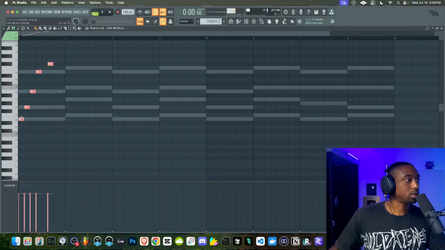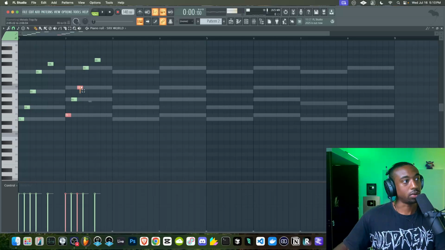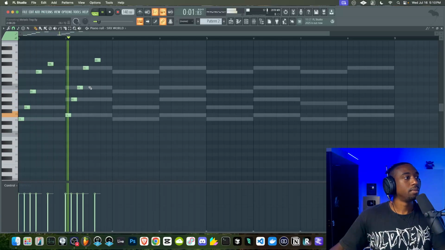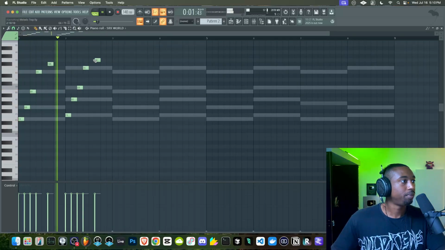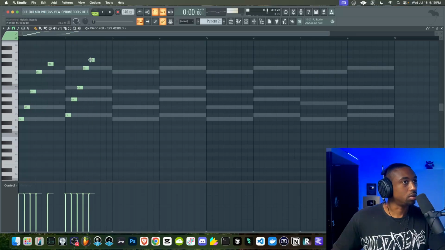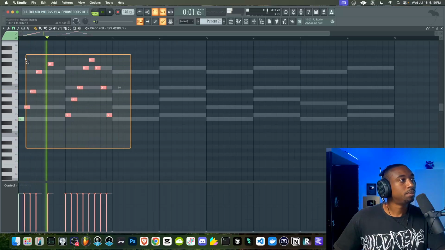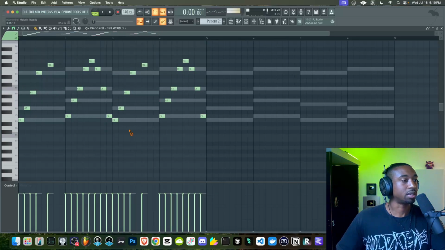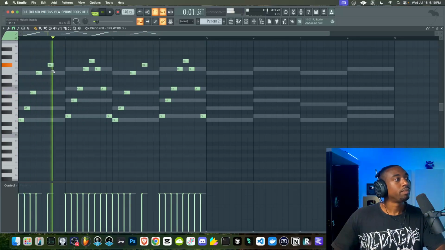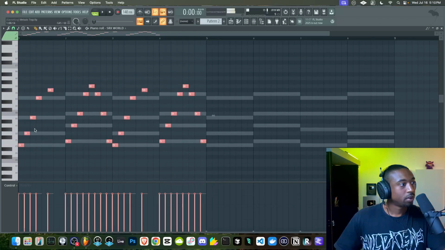And we could do this per chord, so I'm going to do the same exact thing here. We're just going to switch the chord type to a major, but it's the same formula going from the root note to the 5th to the 9th. So we can work in 3s. So I'm just going to do something like that. So your melodies don't need to be do do do do do do do do do every single second. That's why I left a gap here. So we can copy this over.